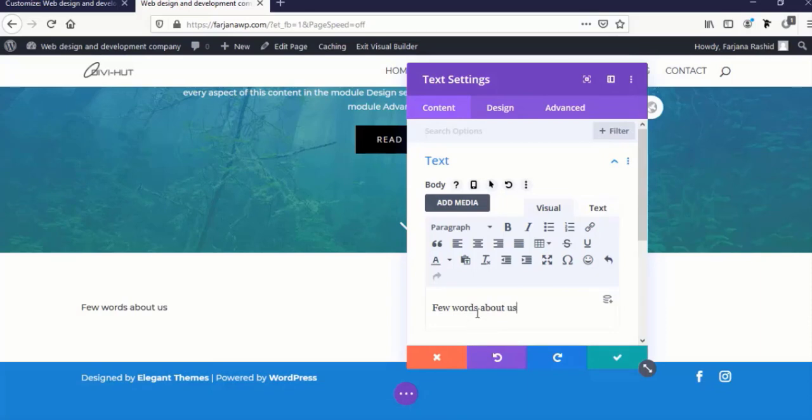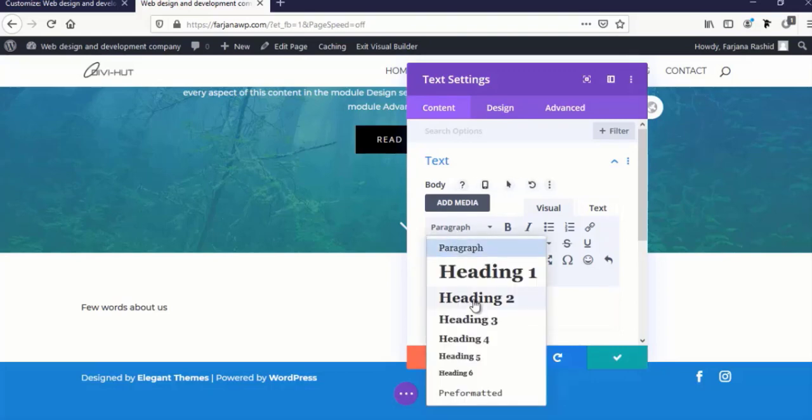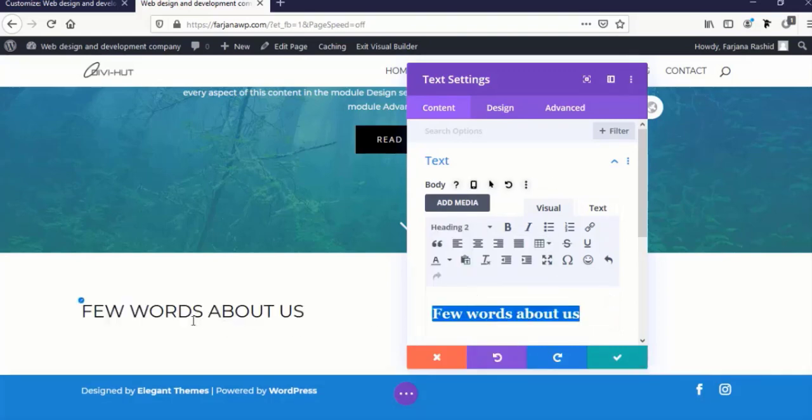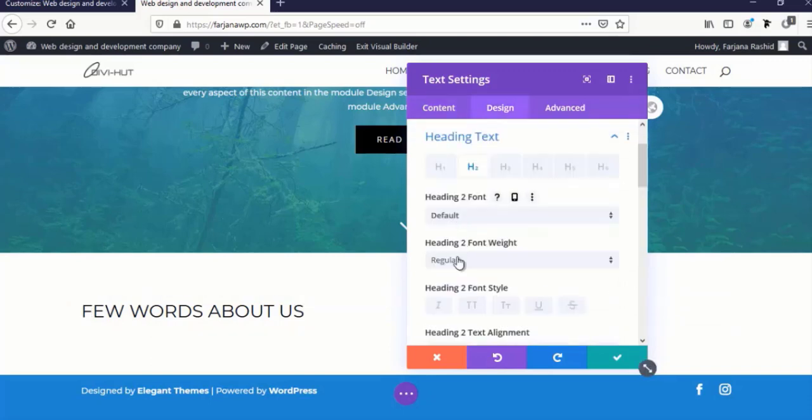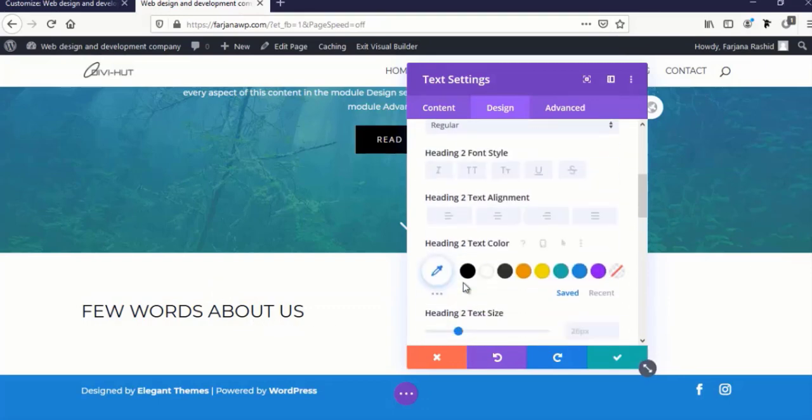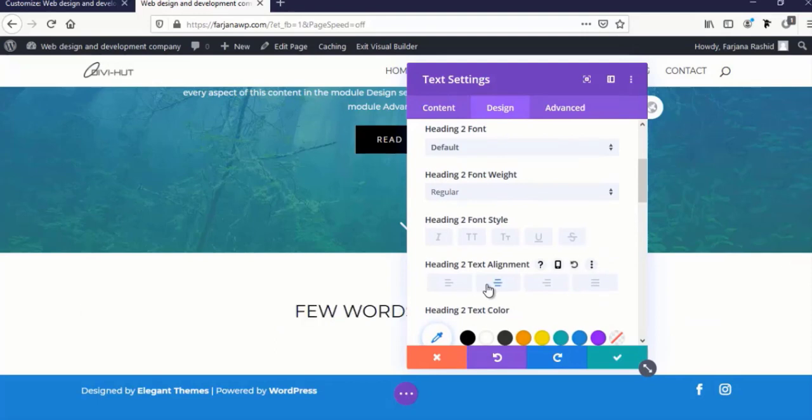Okay, so now I am selecting this text, and from here I am making it an H2 tag. So this text I will use as my title text. So I'm going to style this text. I'm making it uppercase. Sorry, it's taking that by default from my customize option, and here I'm making it align to center,